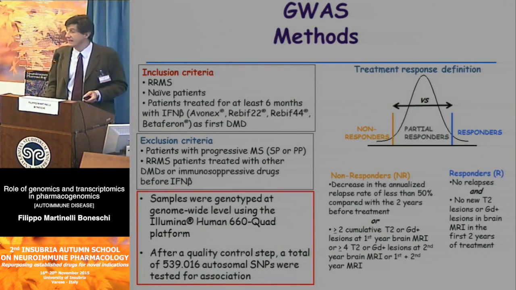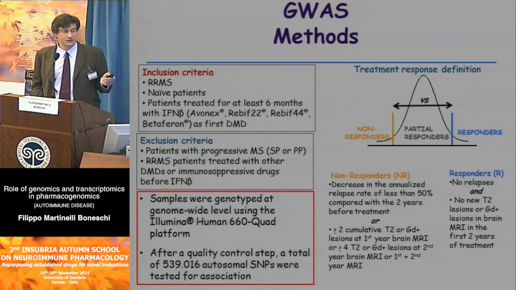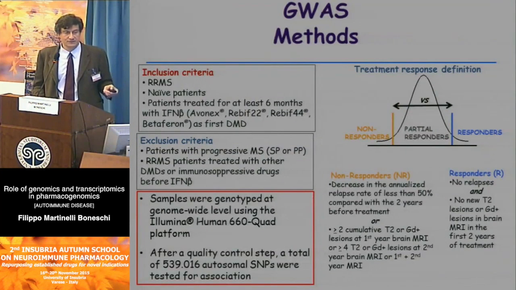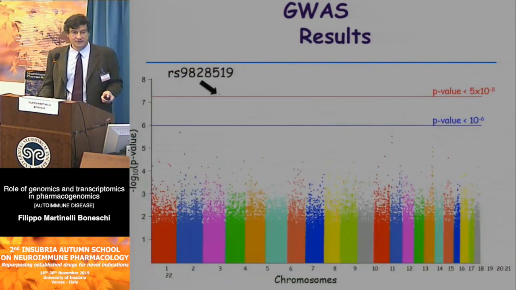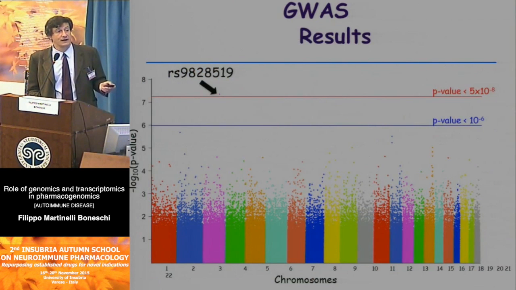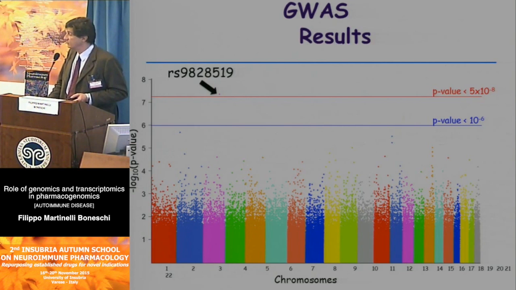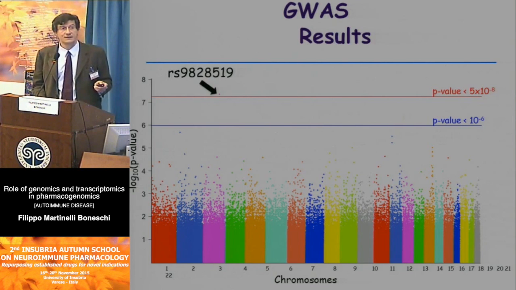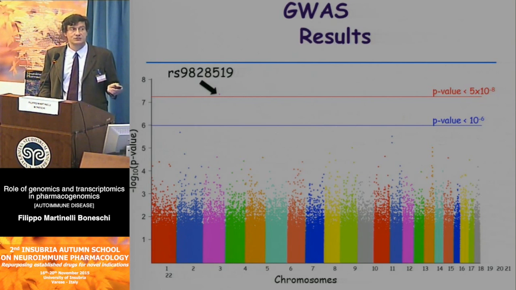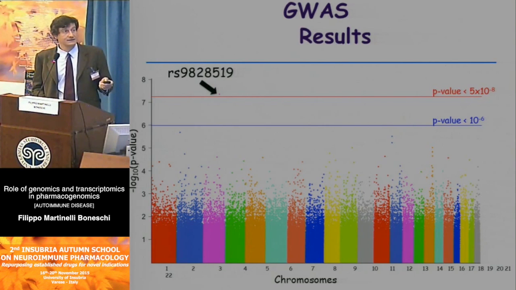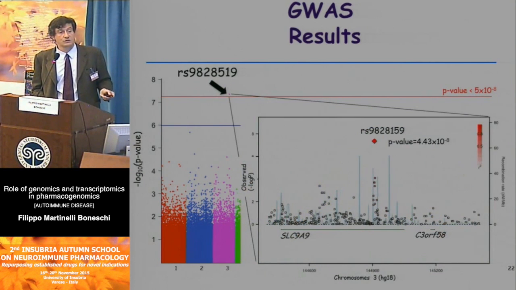And then we used the Illumina platform, which we have two scanners in Raffaele, so it has been typed in my laboratory. And what we found was that there was a lot of noise here, but we found a very strong signal of association, which was beyond the genome-wide level. So the magic number, which was somehow supporting the fact that it was a real effect. And this is a so-called regional association plot. So if we zoom into the region